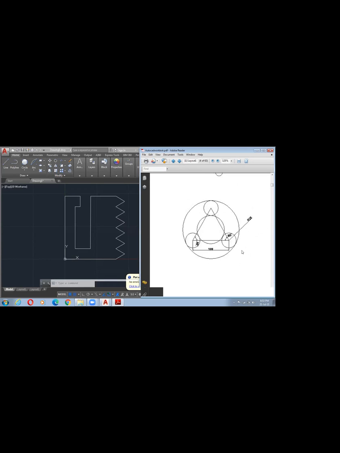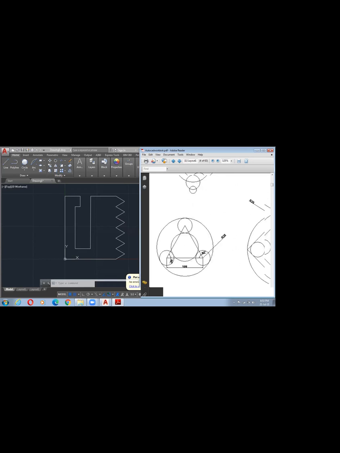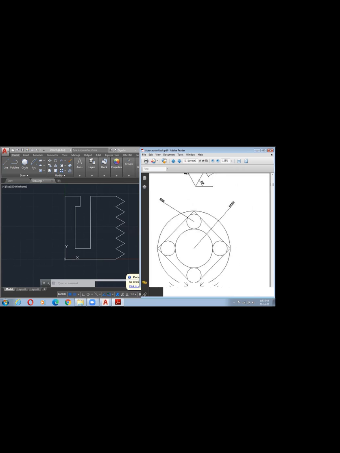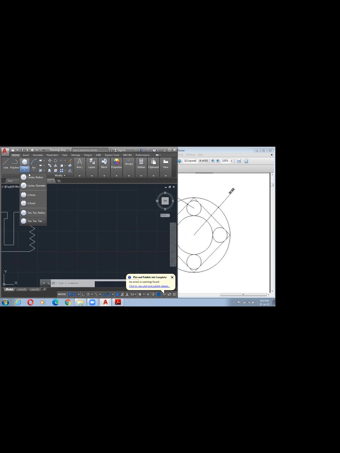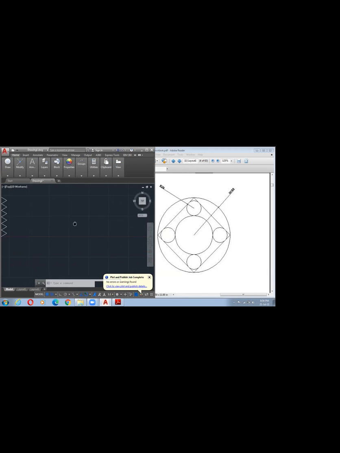First, provide the output in AutoCAD, whatever the dimensions we got from the input. Input in the sense, this is the input, this is the output which we are going to do. Make it properly, start drawing with the provided dimensions. Here in draw directly, C enter. Like the first center point.